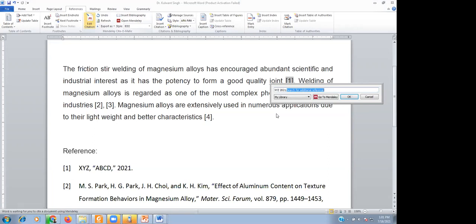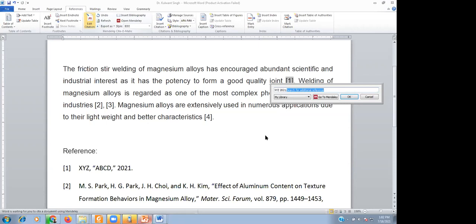I made some corrections, some updates manually, and one of the documents overrode almost all. Suppose I added 50 articles in the Mendeley library, and out of 50, almost 40 to 45 documents were overridden by a single paper, by a single article. And how could I overcome it?